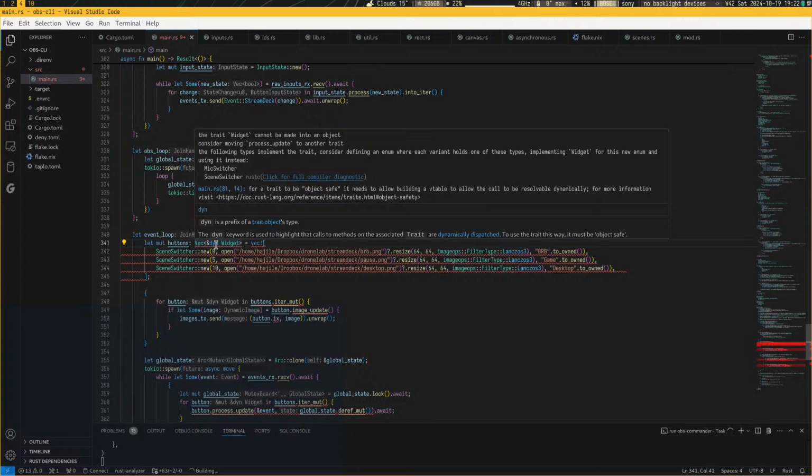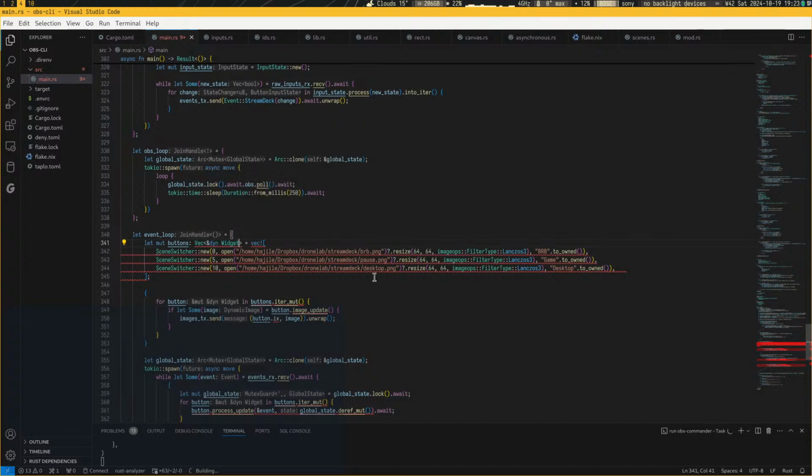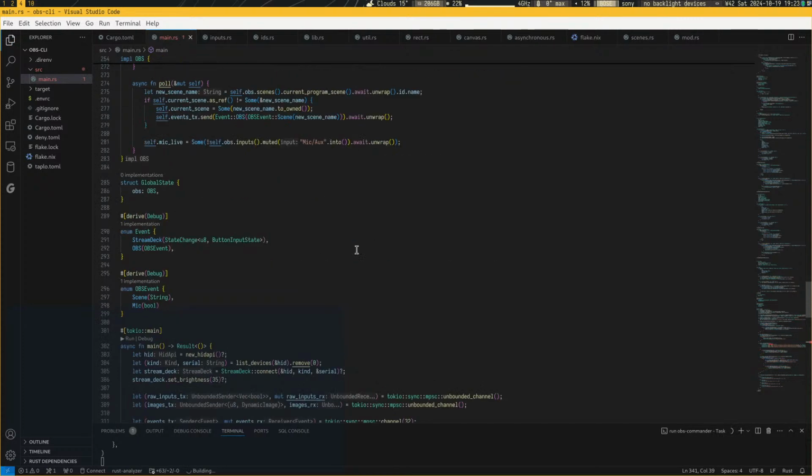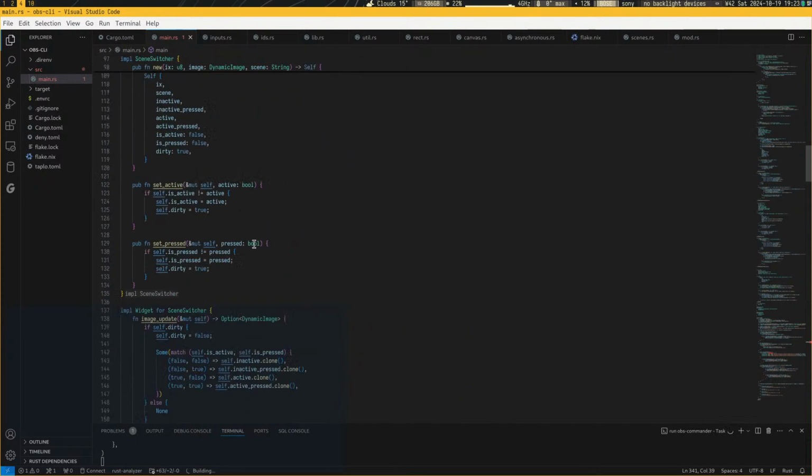But yeah, what do I do then? Well, okay. Anyway, it's gonna be vector of any widget, and any widget is gonna be